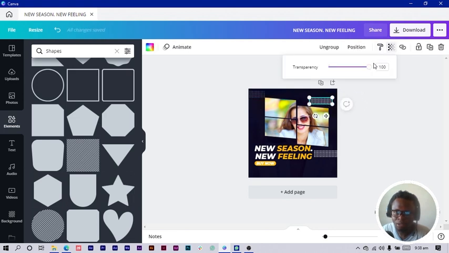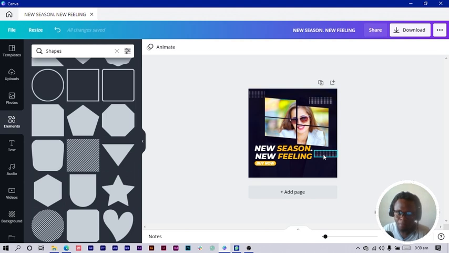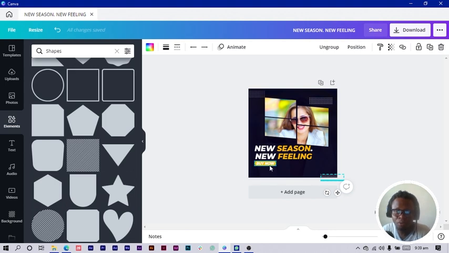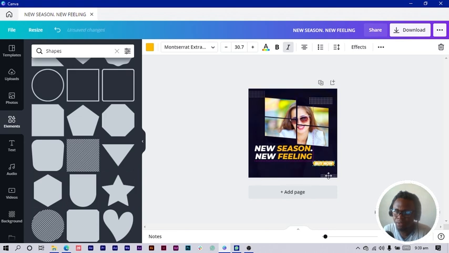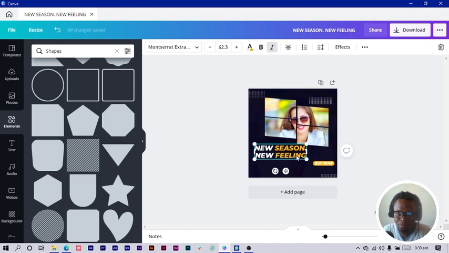Select this, reduce the transparency, select this also, come here, reduce the transparency. Okay, and maybe position it here. Then what we are going to do is add some social media icons. But before we do that, let's say I wanted to add some extra text. I can click this and reduce it a little bit, and we can go into